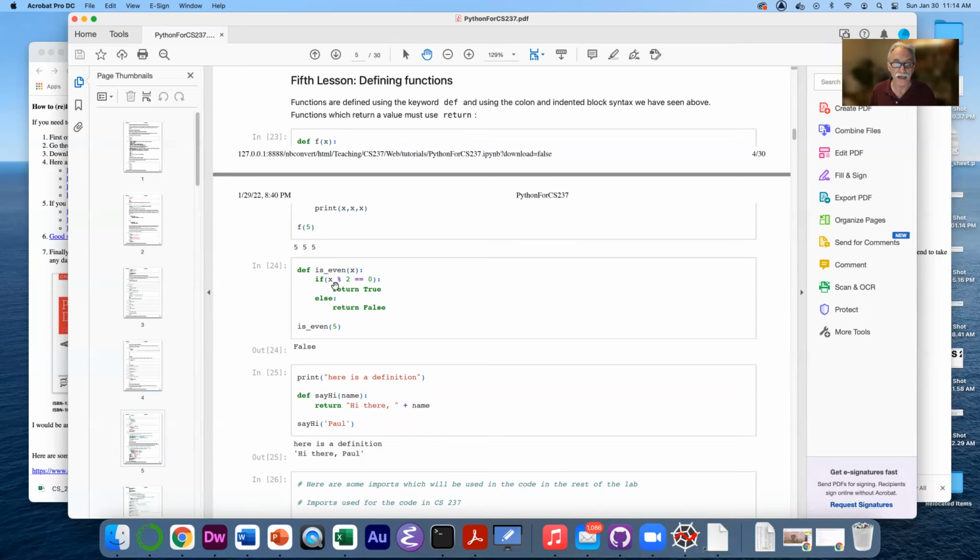So this takes x. It does a mod 2. If the result is 0, then it's even. It returns true. I put in a 5. It came through here. This was false. It went down and returned false. Okay, so if you